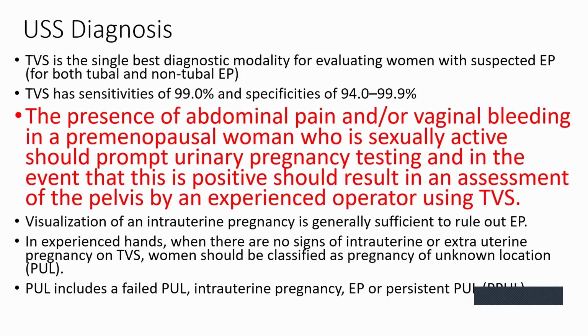in our mind there is a very rare possibility of a heterotopic pregnancy, which means that there is an intrauterine and extrauterine pregnancy both at the same time. And if the urine HCG is positive, but we can't see a pregnancy using ultrasound scan, it is diagnosed as pregnancy of unknown location. So it's a different matter compared to the ectopic pregnancy, but pregnancy of unknown location can be a failed pregnancy or an early intrauterine pregnancy, and sometimes an ectopic pregnancy which we can't see at the moment.